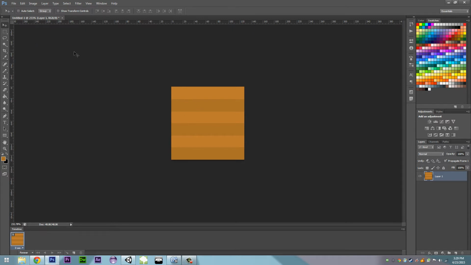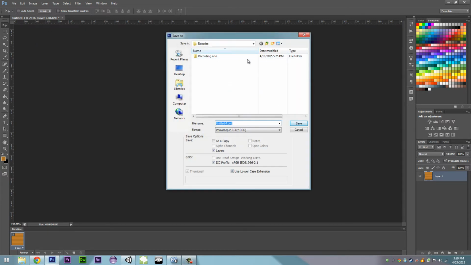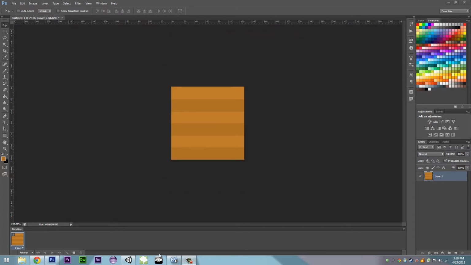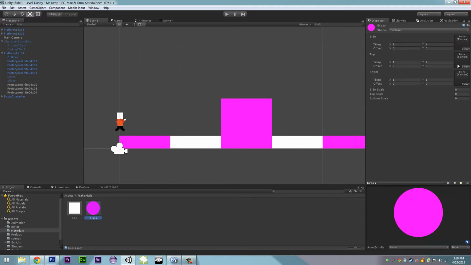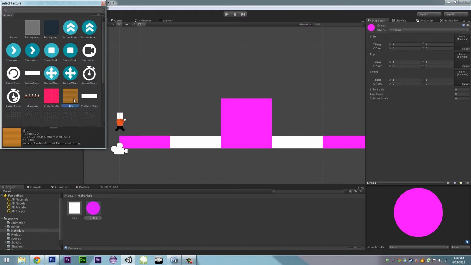We'll just say dirt for now. So if we save this in a sprites folder, I'm going to say ground textures, and then this one can be dirt.png, and then just make sure we change this file type to PNG as well. Alrighty, so if we have this material here and we change our side texture to be the dirt one that we made,